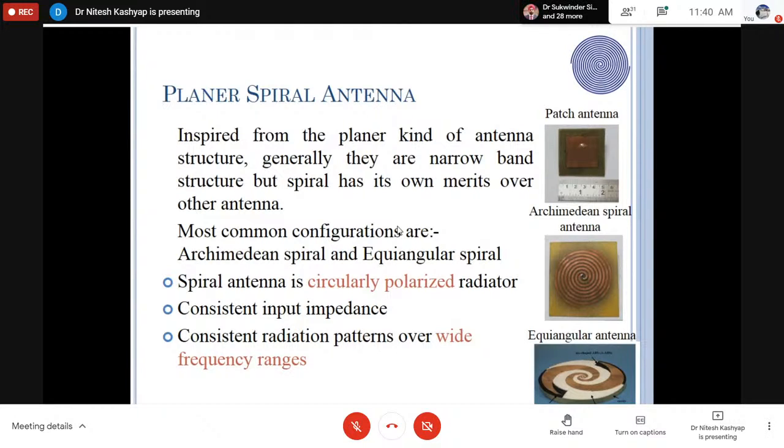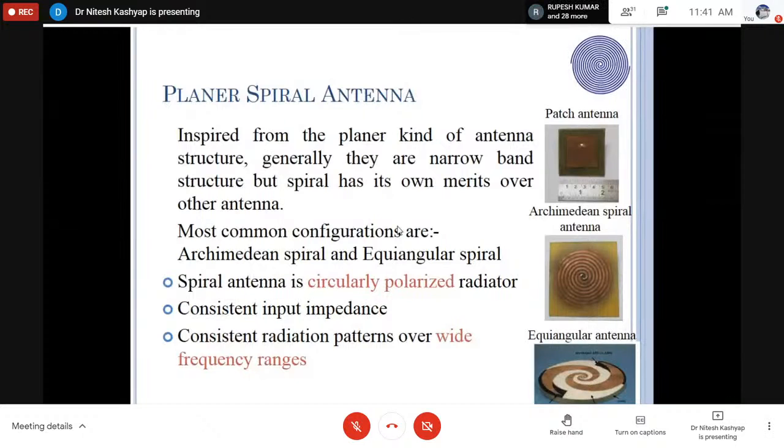The patch antenna has narrow bandwidth and low efficiency. The benefit of the spiral antenna over the patch antenna is that it has a wide bandwidth and high gain, and it is circularly polarized. The same thing I have mentioned here: the spiral antenna is a circularly polarized radiator with consistent input